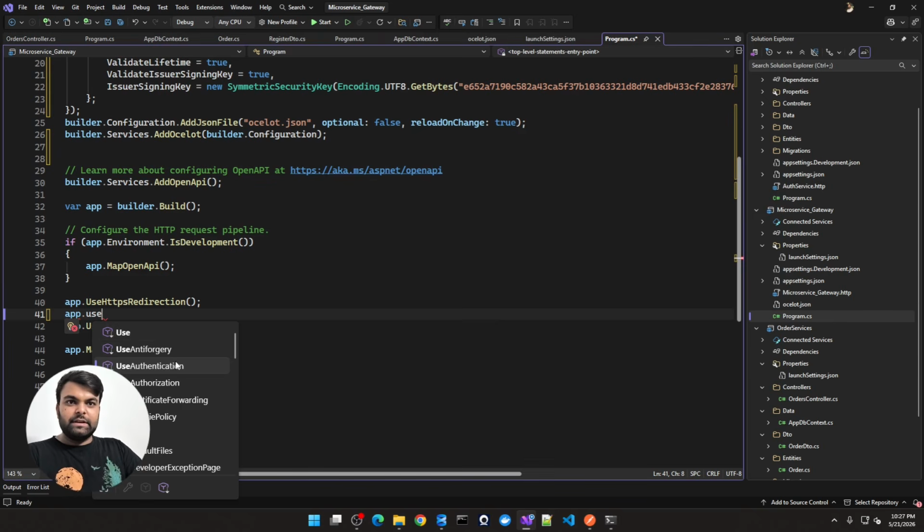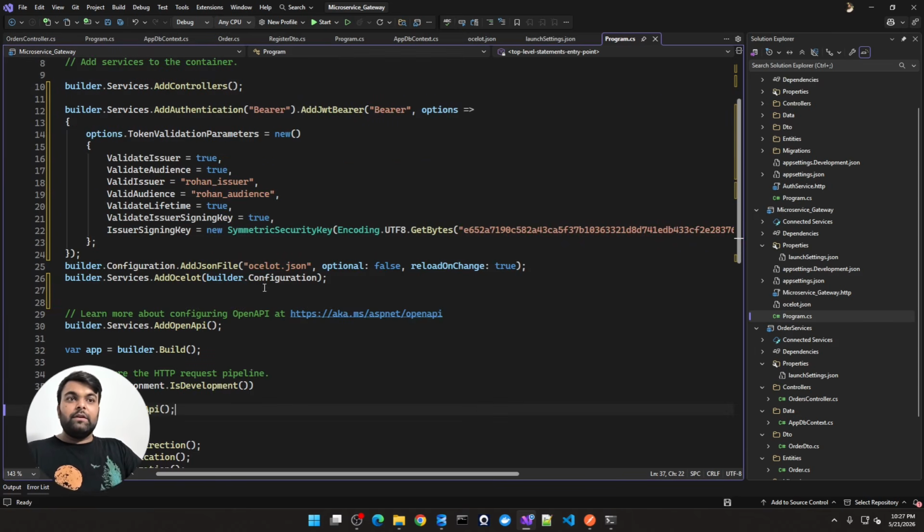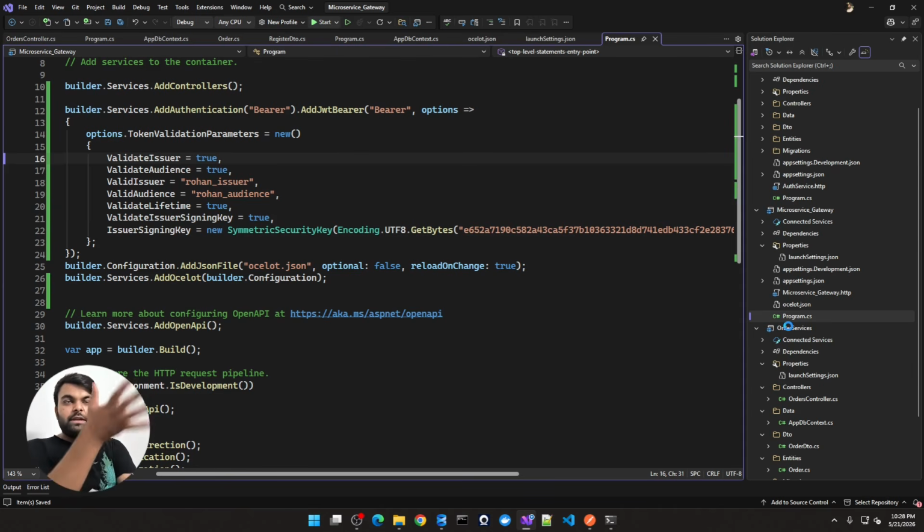Authentication middleware should be there. Okay, now we have added the things. First of all, you should know why we have added them. Because we are using the authentication providers in our Ocelot JSON, of course we have to add the